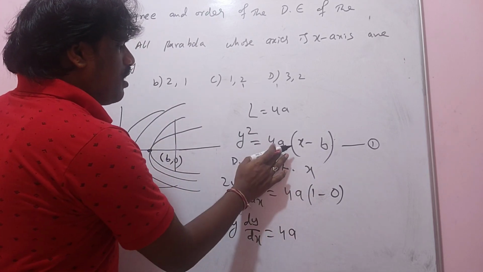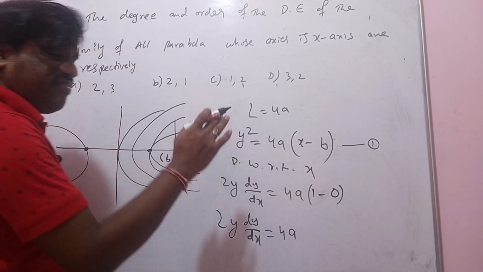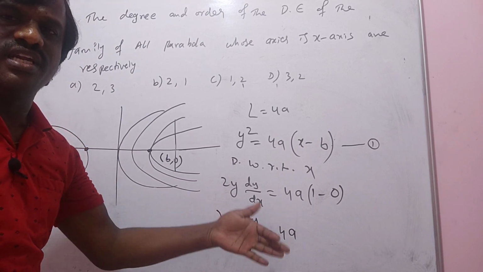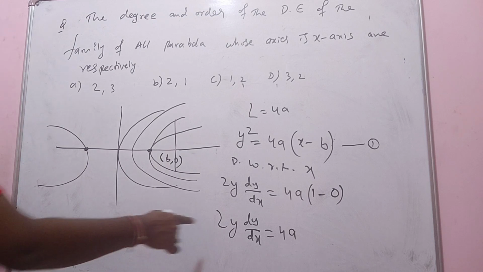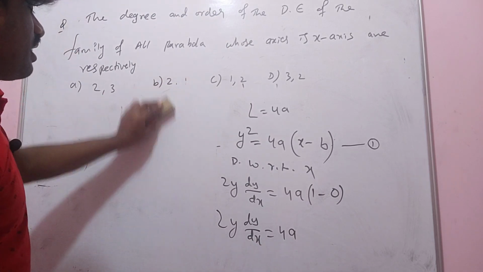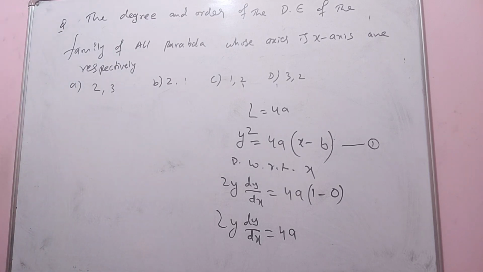4a can be written as 4a square y square by x minus a. The differentiation will become more difficult. It's a constant on this side, so doing differentiation will be easier. Directly doing the differentiation a second time is easier than replacing 4a. You can replace 4a only when it is very easy.